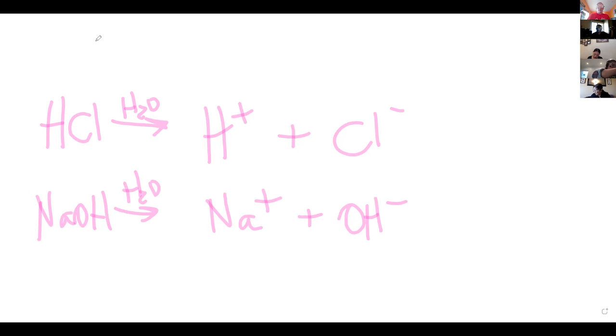Now we know that when we have sodium ions and chloride ions in water, they're just happy hanging out. We can dissolve a ton of salt in water and it doesn't precipitate. So sodium ions and chloride ions in solution are very, very happy and they don't react with each other. So the only other reaction that could actually be taking place is between